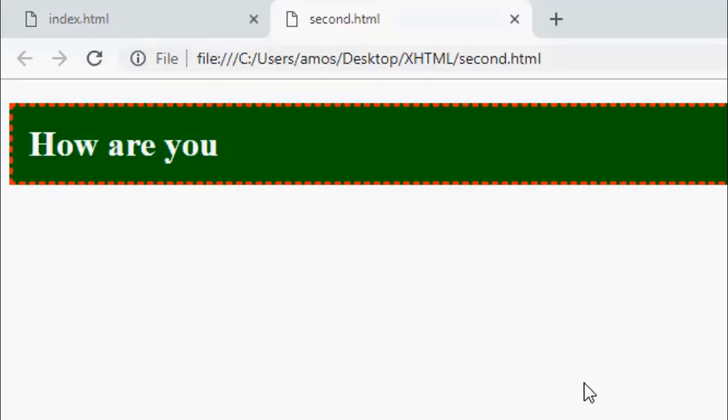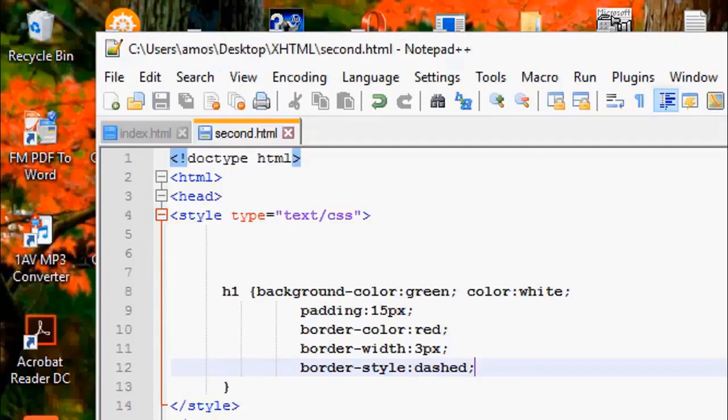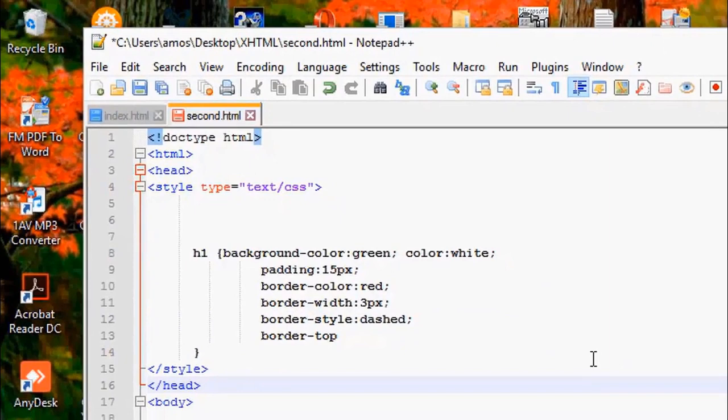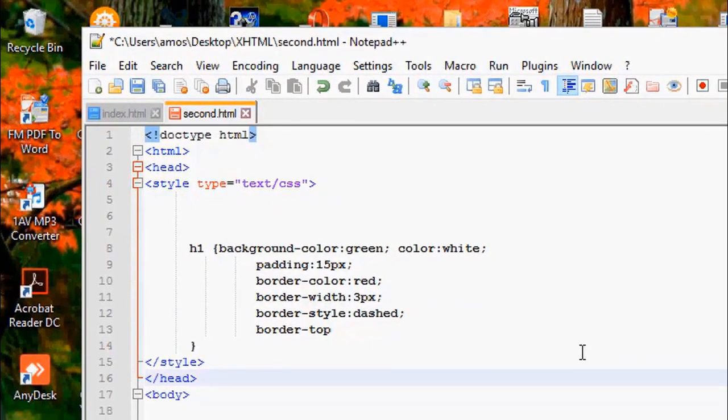I wish you can see it properly. It's a dashed line, a dotted line. So this is how you can effect changes like this around a particular text or section on your web page with these parameters. Now I'm going to add some parameters to this. Let me change this first border